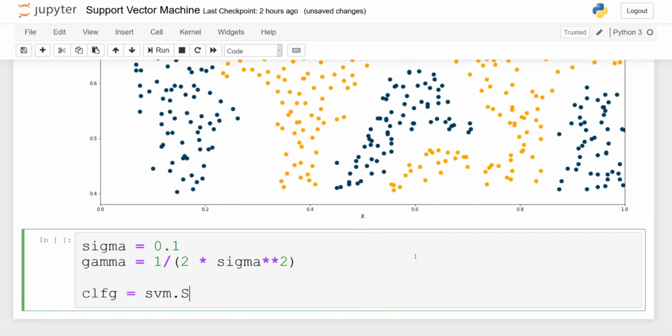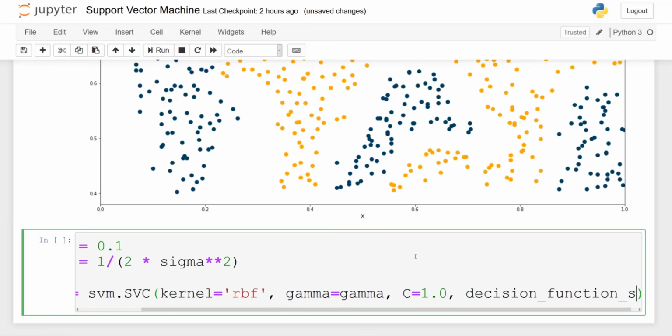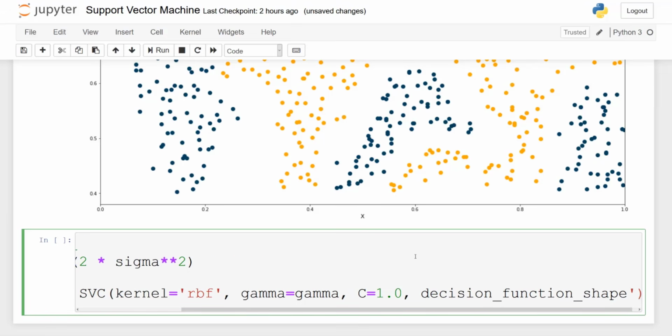Then our classifier will be equal to svm.SVC. We pass in the kernel, and this time it is going to be equal to rbf, for radial basis function, gamma will be equal to gamma. We set the regularization parameter to 1, and the decision function shape will again be equal to ovr.